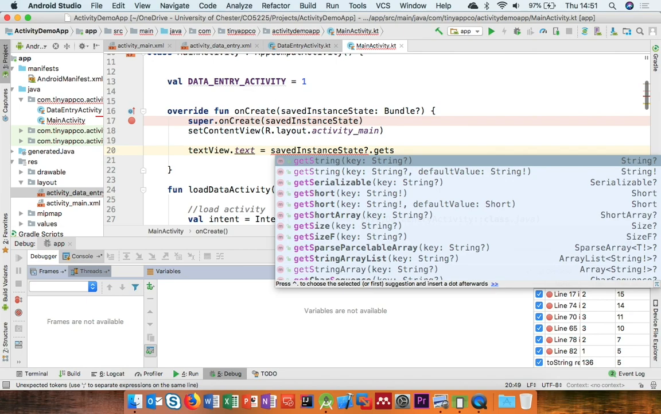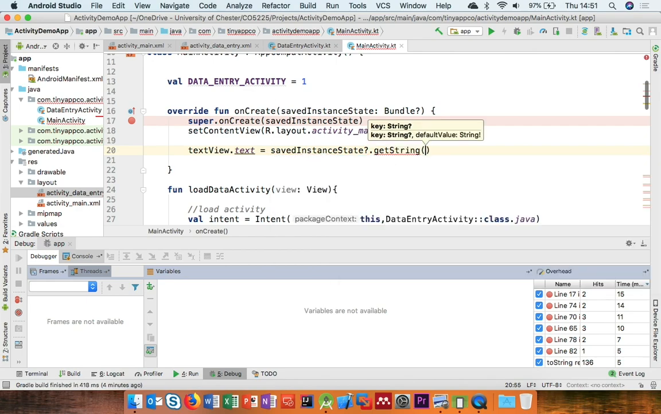So here, I think if it's null, I don't want to do anything. So I'm going to get the nullable option. I'm going to just use getString. And we called it name, didn't we? That was the key for it. And then